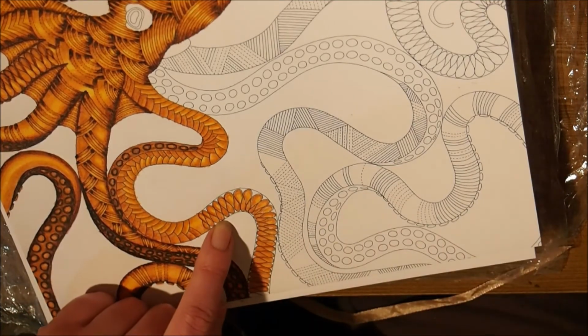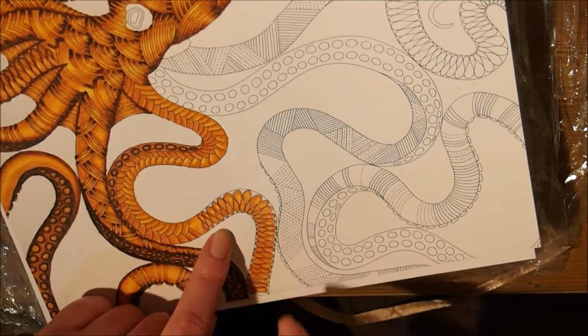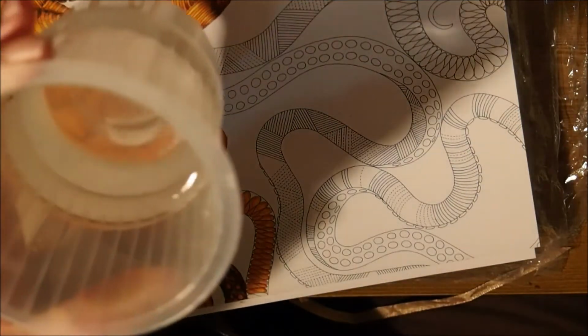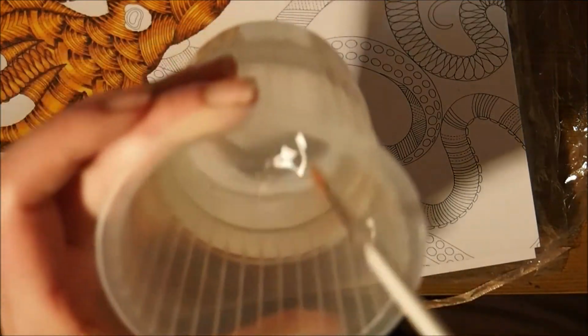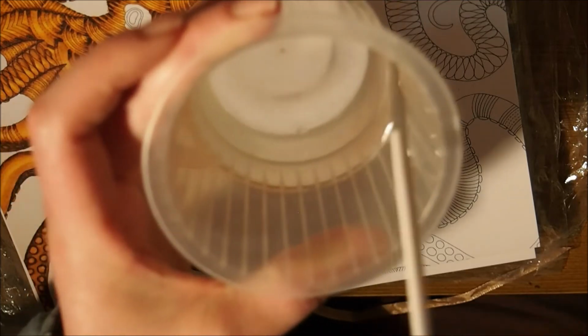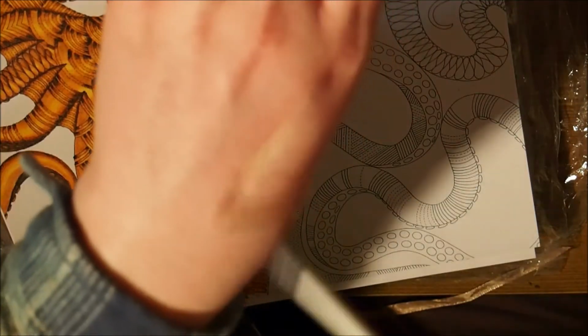So I might do the watercolour and then do these little outside edges. So what you need now is your water brush, and you just dip the brush into that till it soaks. And then what I find I do to get the excess water out, I just brush it on my hand,